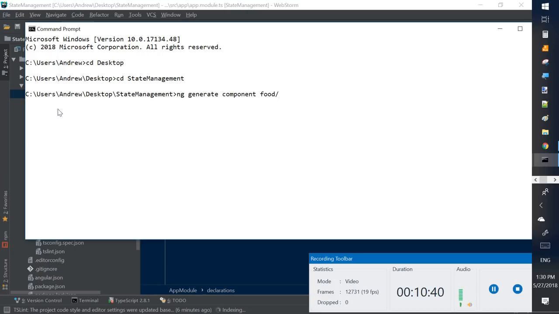So we're going to put this component into a food folder, and I'm going to call the component great. I think that sounds good, because we're going to have great food. I'm going to make another one for awesome food or something like that. So I hit enter, and if we go to WebStorm,